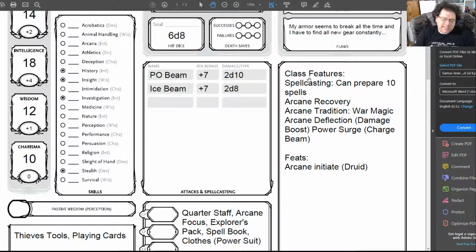This is just stuff to make it easier to remember things, like with her intelligence modifier and her level, she can prepare 10 spells a day. Arcane recovery, just things to remind her. Game-wise, arcane recovery is kind of like finding one of those recharge stations. And then the arcane